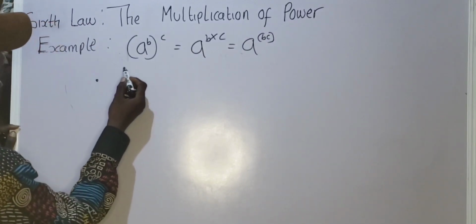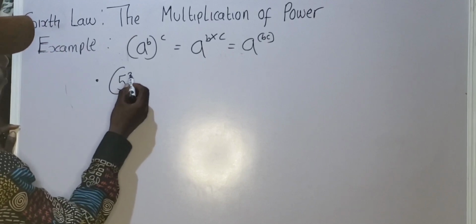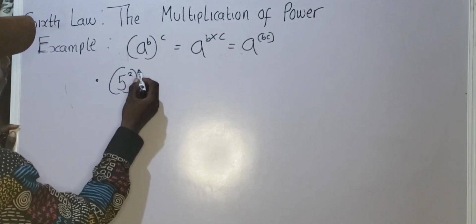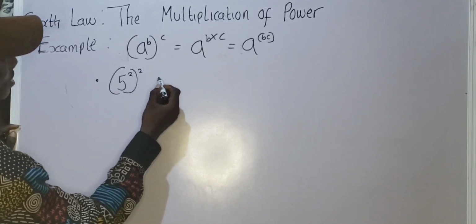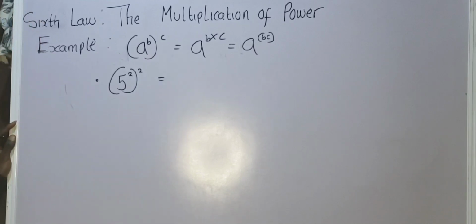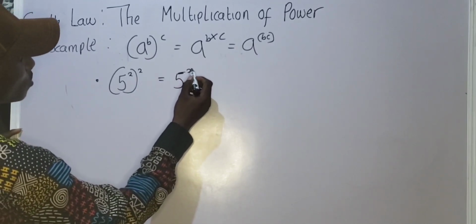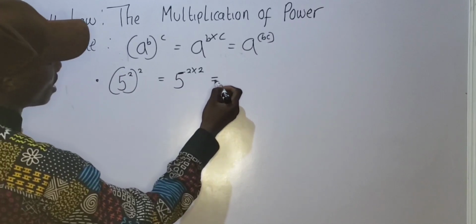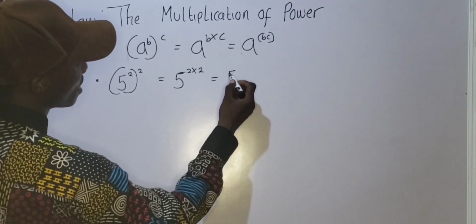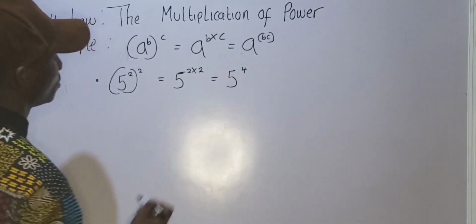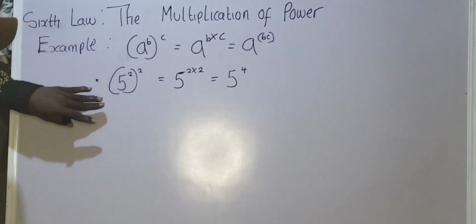Let's assume that we have 5 raised to the power of 2 raised to the power of 2. According to this law, this can be written as 5 raised to the power of 2 multiplied by 2, and this will give 5 raised to the power of 4. Do you understand? The reason why we have this is